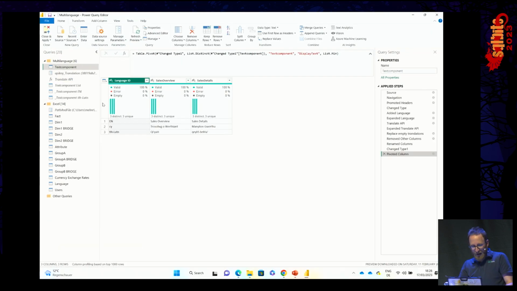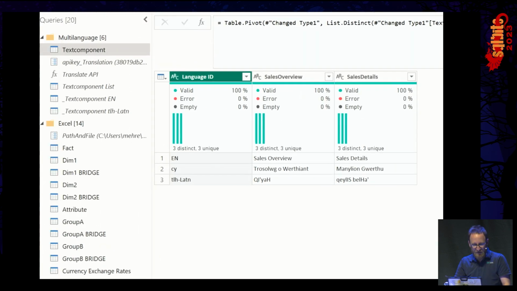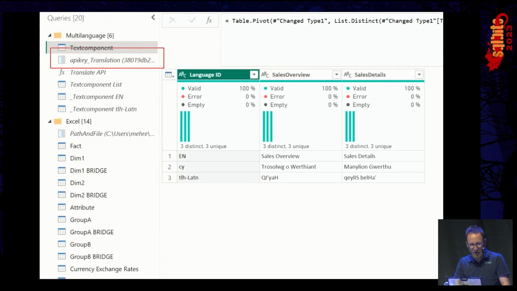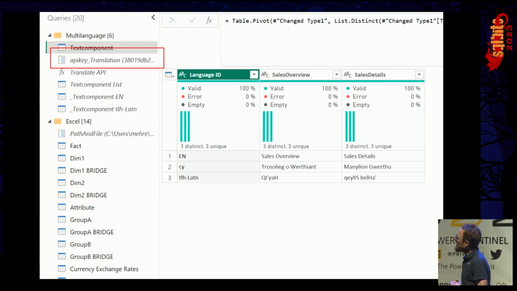The Translate API, talking about this, what you can see here is that for this API you need an API key. And I made this a parameter for 2 reasons. Because if it's not a parameter and I show you the code, you could see my API key, and then you could translate on my costs. And that's something I don't like. I like everybody of you, but I would not like that you translate on my budget. And the other thing is,